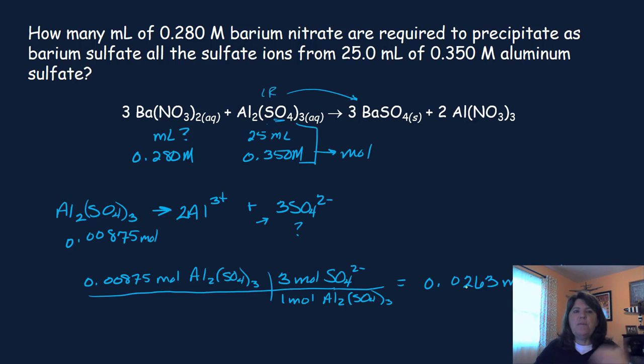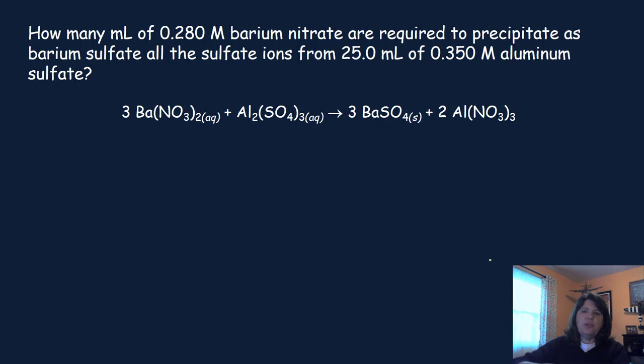So how many milliliters of barium nitrate am I going to need to get all of these sulfate ions gone? And to do that, I do need to look at the precipitate. The precipitate is barium sulfate. So I know that if I want to make barium sulfate,